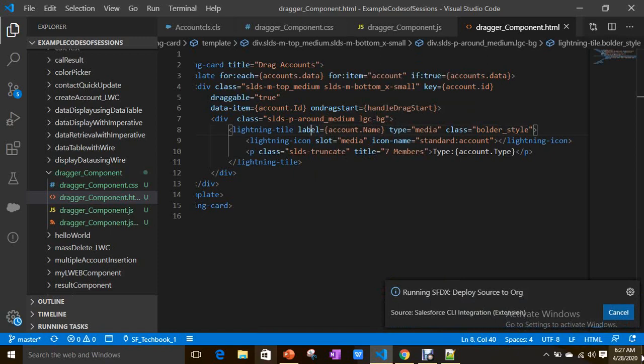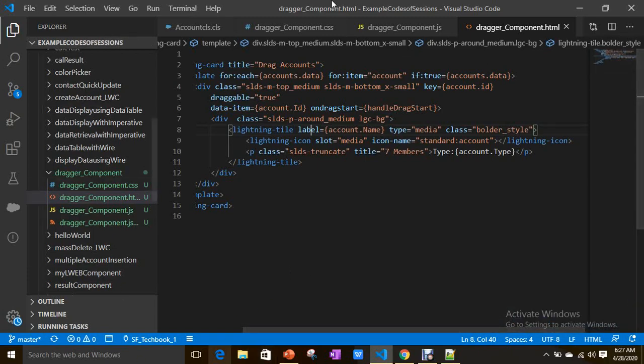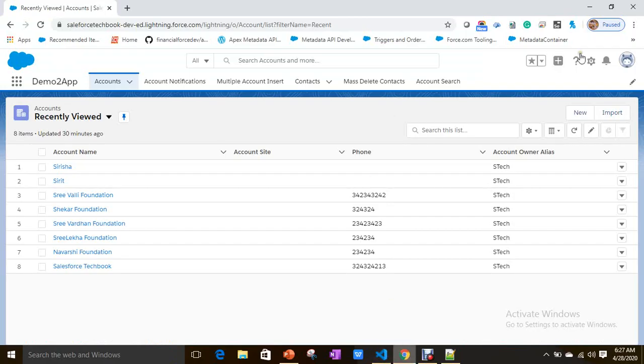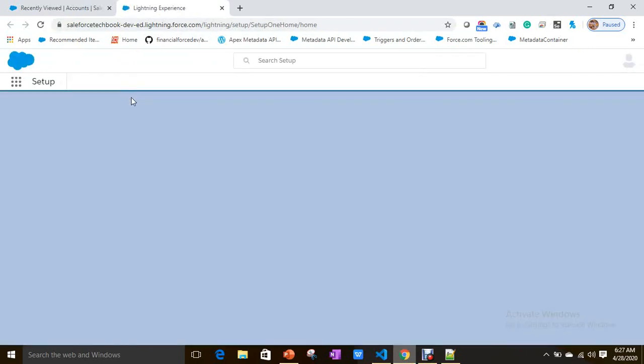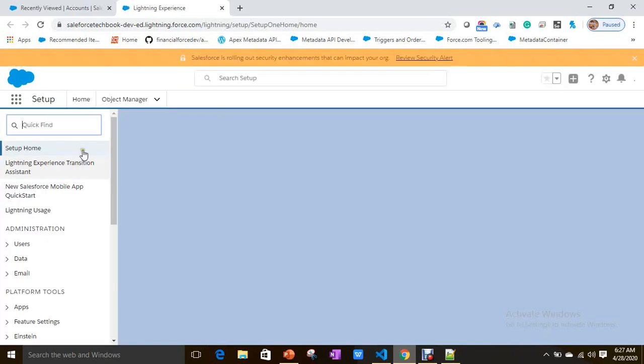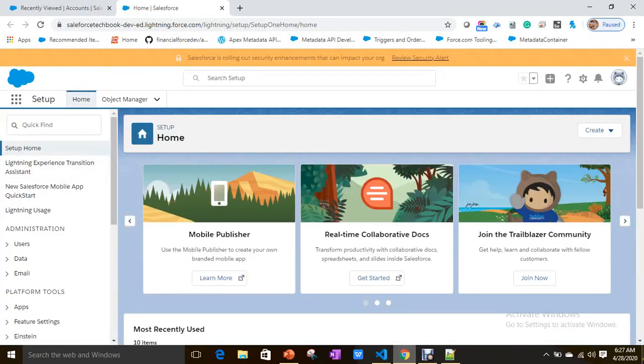From where we can drag, and we have completed how to set the data by using the set data method through data transfer. Now let's create an app page. Go to setup, and from app builder you can create an app page.